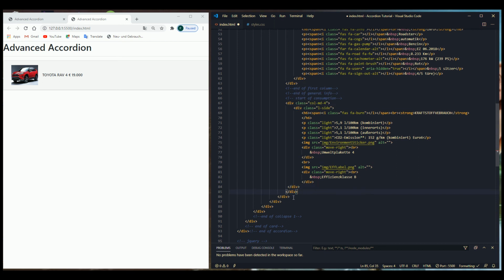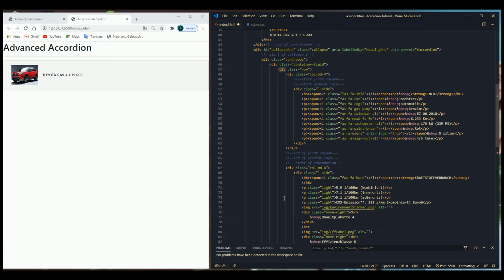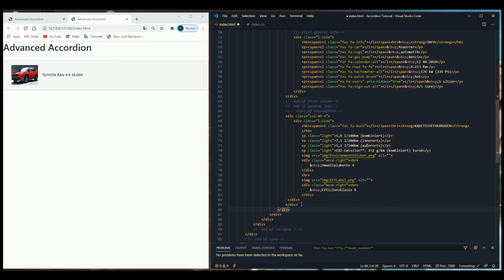And this div is for the row. The row I still need, and that is the end of the consumption. So now the last row,